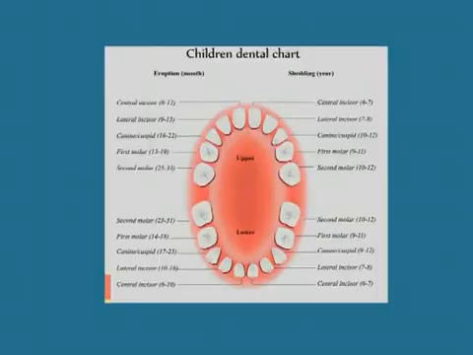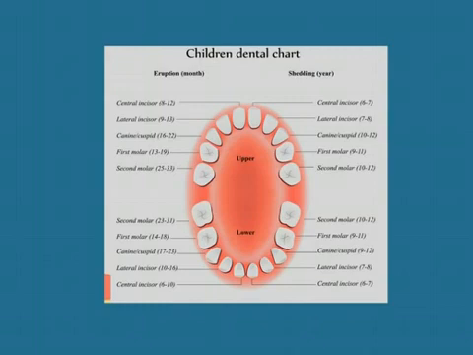Here I have shown you the permanent set of teeth. The teeth in the middle will start from the middle of our mouth, central incisors, then beside the central incisors are the lateral incisors, then canines, then first premolar, second premolar, first molar, second molar and third molar. So, you can count 1, 2, 3, 4, 5, 6, 7, 8 teeth on this side. Similarly, 8 will be on this side, making 16 in the lower set and 16 on the upper set, a total of 32 teeth. However, in the milk teeth, we do not have the molars.